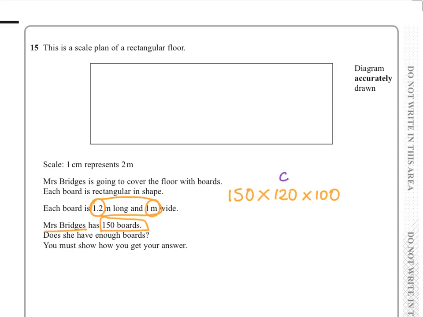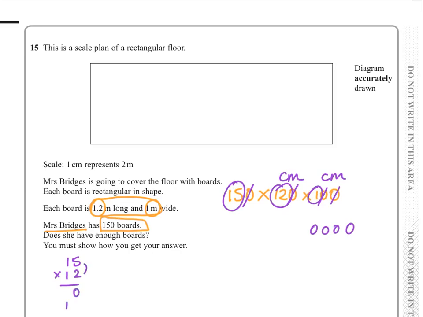And these here were in centimetres and centimetres. So we had, let's have a look, 10, 100, 1,000, with 10 more. And we've got 15 by 1, which is 15 by 12. So we've got 15 times 12. And we can work that out. So we got 5, 6, 7, 8. So we have 1,800,000 centimetre squares,